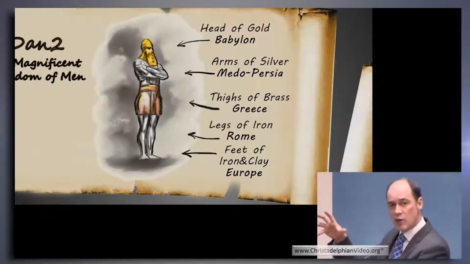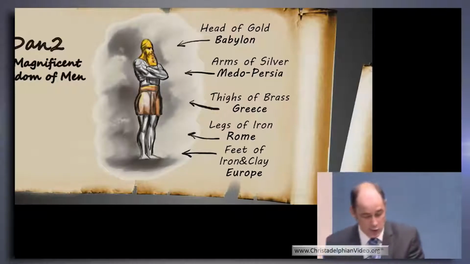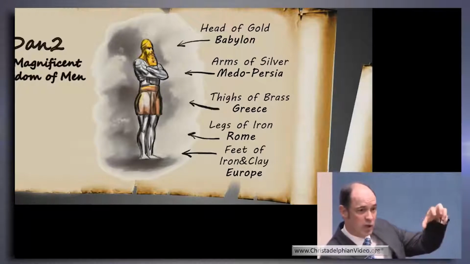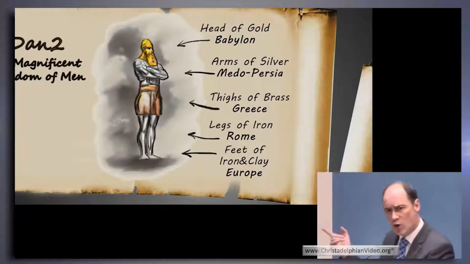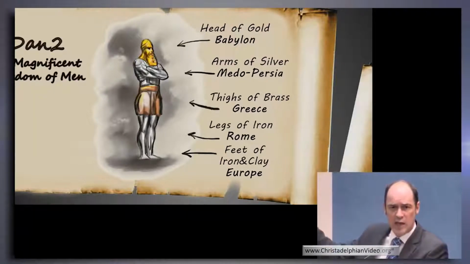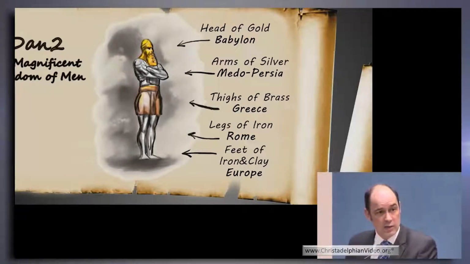And when you think about that, it really doesn't make sense, because if you go to someone in this university and say, hey, look, I've got this story about the whole of history, it's all interlinked, and there are all these different empires as one image, they go, "Pah, rubbish. They weren't one empire ever. You're telling me that the Persians were the Greeks? No, they weren't. They were conquered by the Greeks. Each one of those, except for the bottom, the feet, is a distinct and different empire. You're telling me there's something intimate connecting all of those empires from one end to the other?" And the answer is yes.